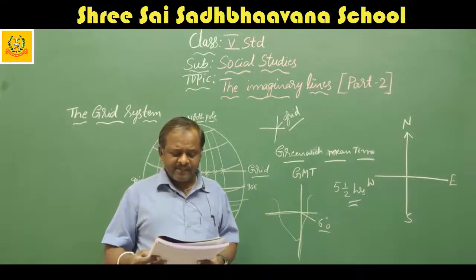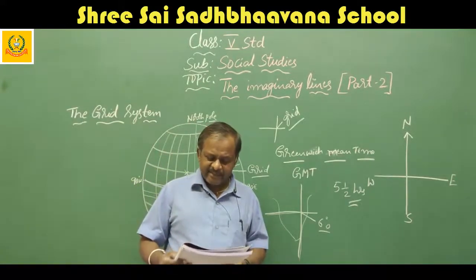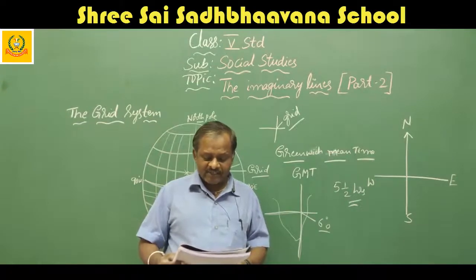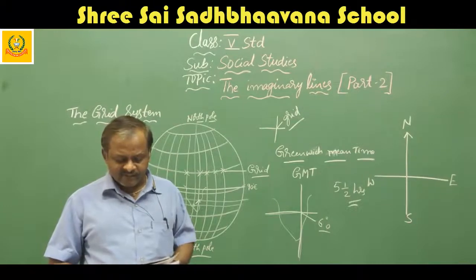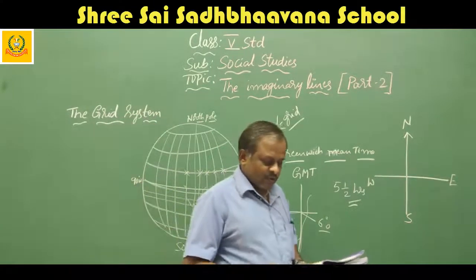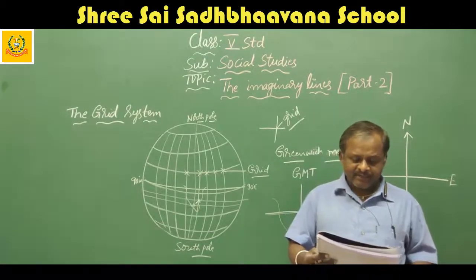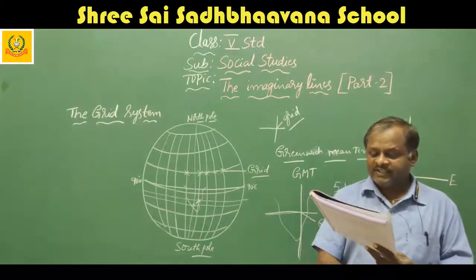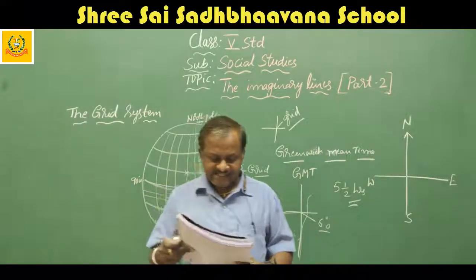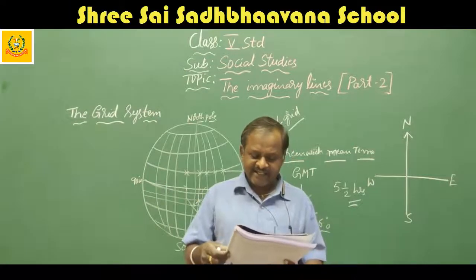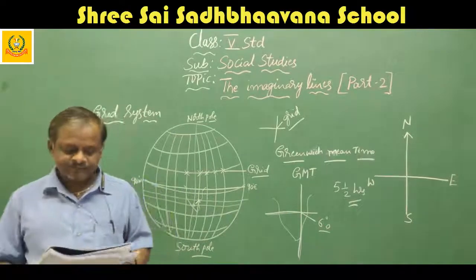I will read. A map is a visual representation of Earth on a flat surface. It can be considered as one of the oldest forms of communication. The art of making or drawing maps is called cartography. The oldest known map is a Babylonian clay tablet. Maps can provide a lot of information about physical features, political divisions, weather, climate, agriculture, industries, minerals, trade routes, etc. A book of maps is called an atlas.